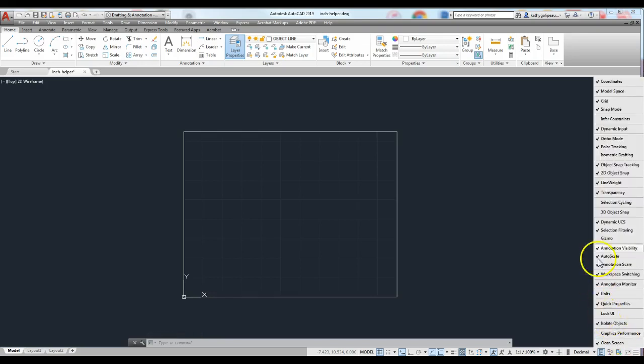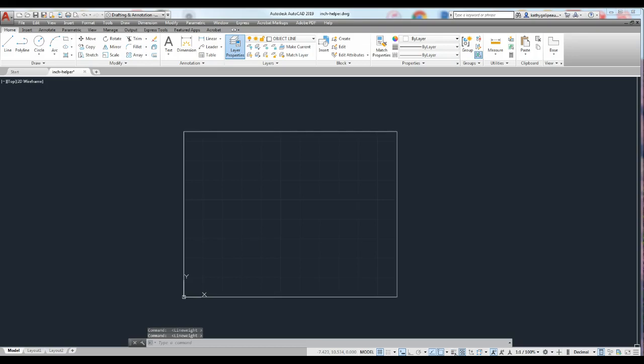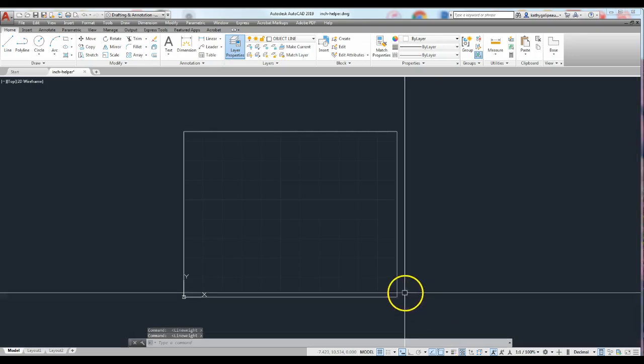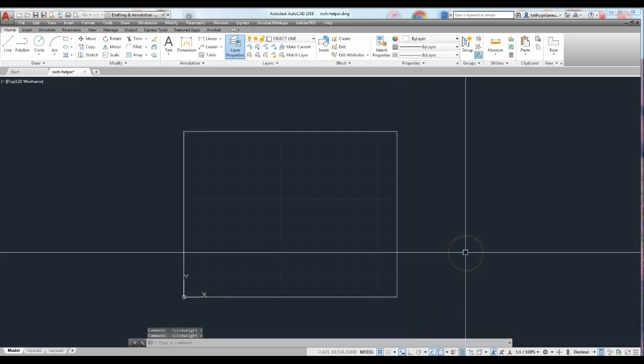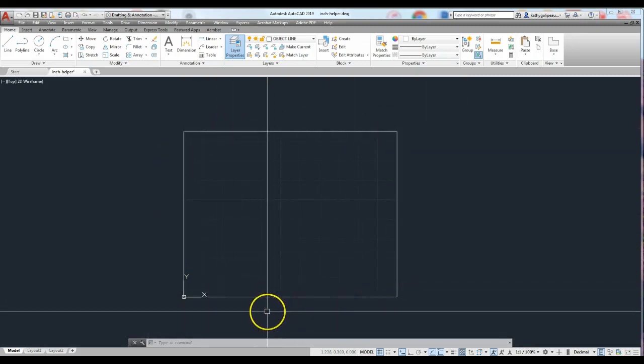Click on customization and make sure that your line weight here is actually selected. If the check mark is off, it will be not showing. If the check mark is on, it will show. And so it's down here. That's what it looks like. And if it's blue, your line weights will display. And if it's not, your line weights will be thin, which will help us be able to see what we're